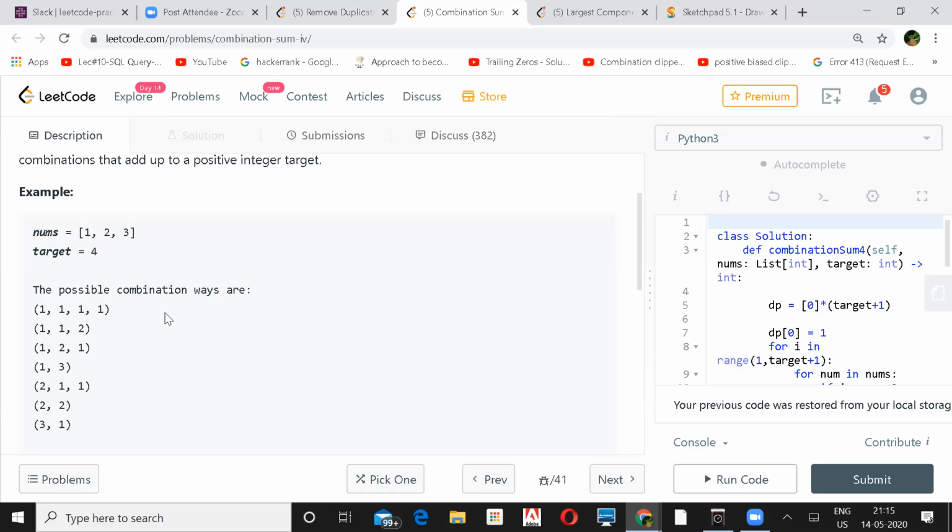So this looks like a coin change problem, similar to a DP problem. You can find how many different ways you can make change of the given target, something like that. But the only difference here is that you can have different permutations also, right? Like 1 3 and 3 1. But in that case it will be counted as 1 only.